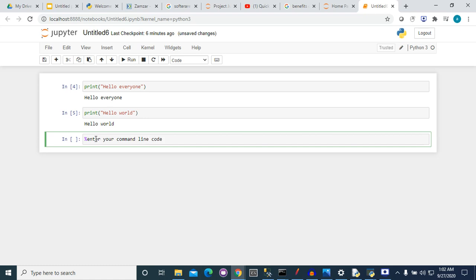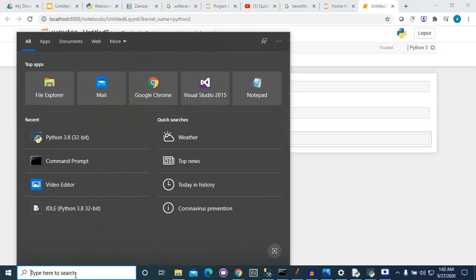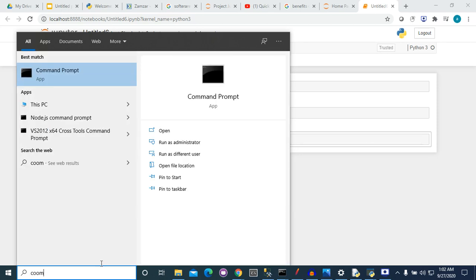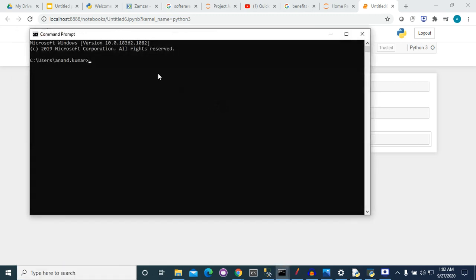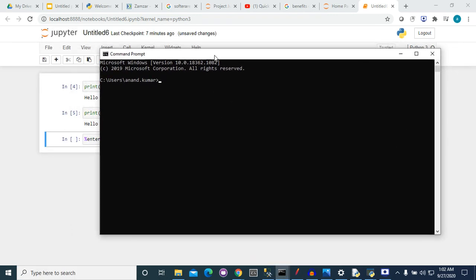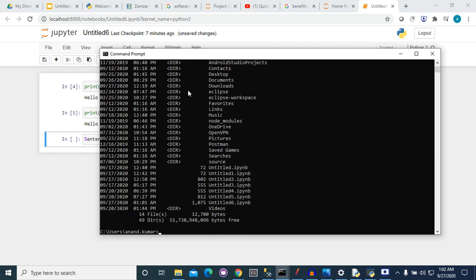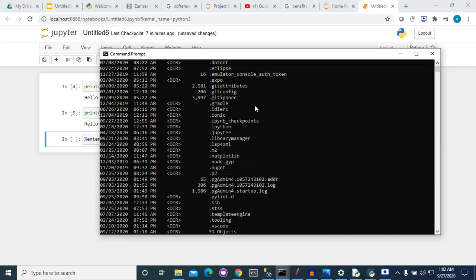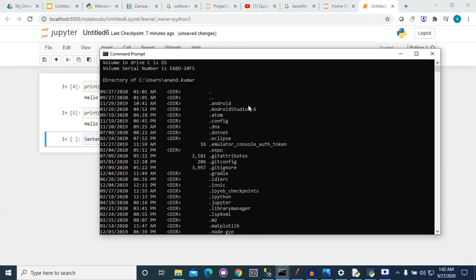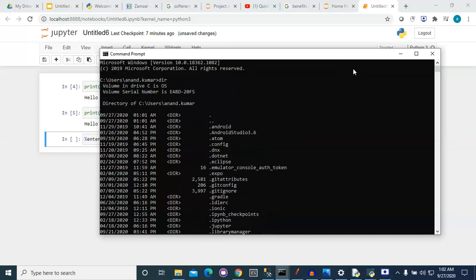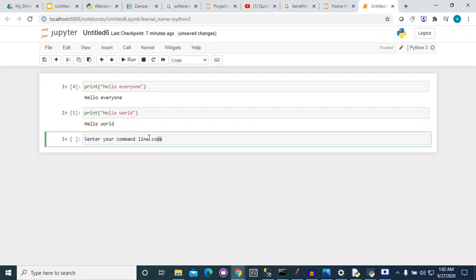For example, first I am opening command prompt, and there is a command dir to show the directories in the current folder. Now you can see that these are the directories and files in this folder. We can also execute that command here.